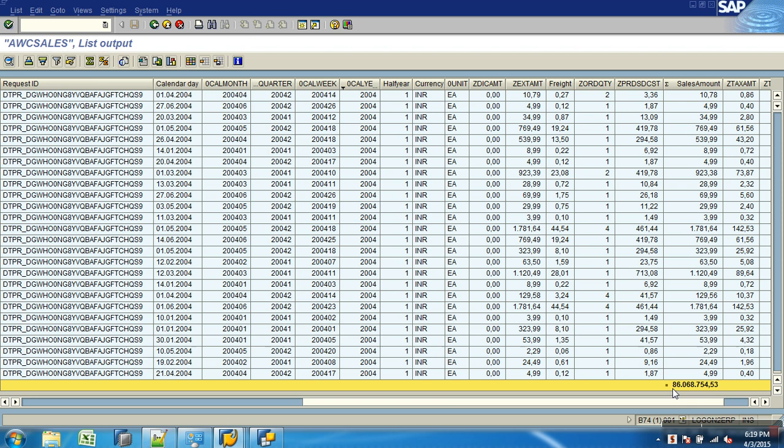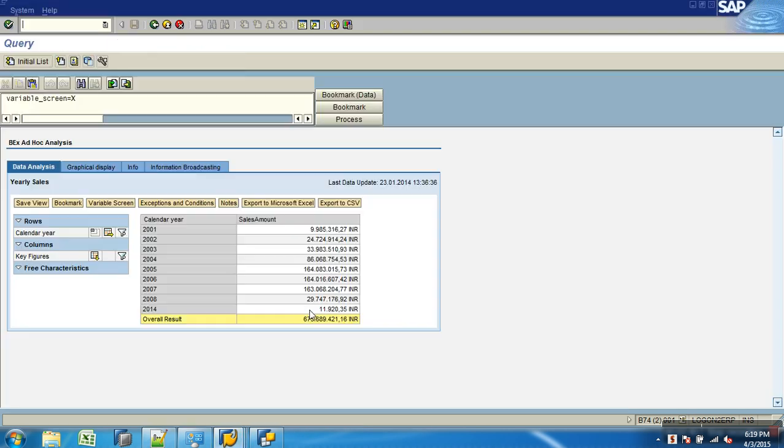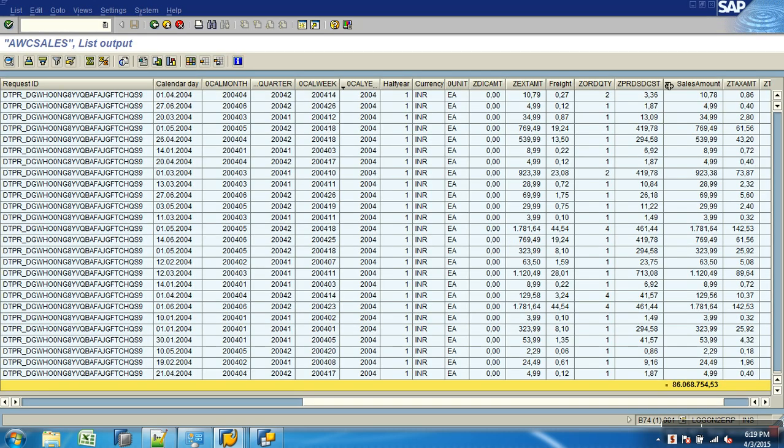For 2004, what is the total amount? 86 lakhs something. Now go to the query output. For 2004, what is it? 86 lakhs 068. So do you understand? There are so many records, and the query aggregates them and gives a single record.